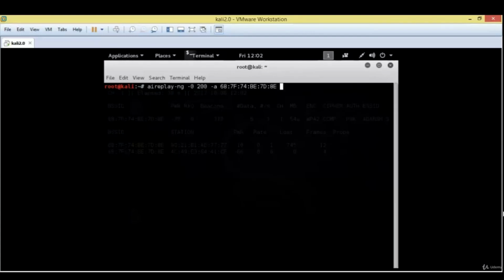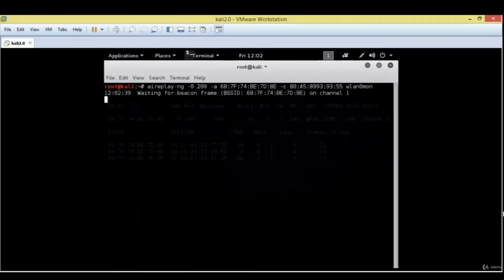Then use option -c to specify the destination, that is the MAC address of our target device which is connected to our target Wi-Fi. For now I am going to use the MAC address of my own physical machine, okay? And at last mention the name and press enter.